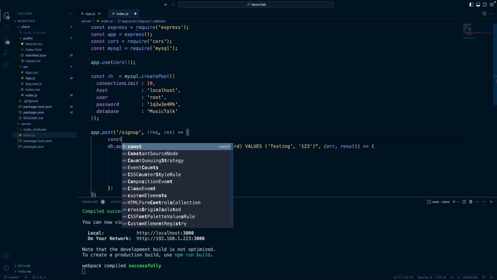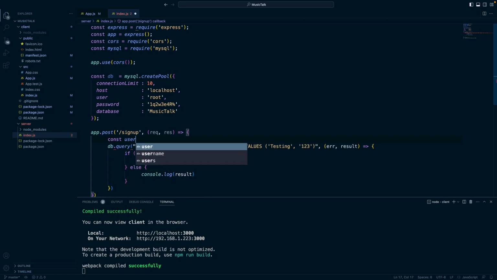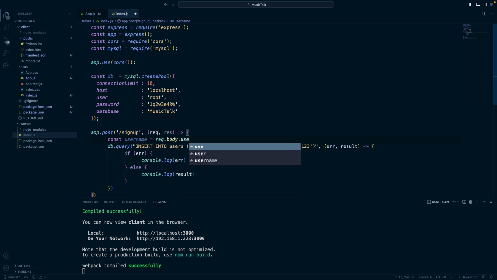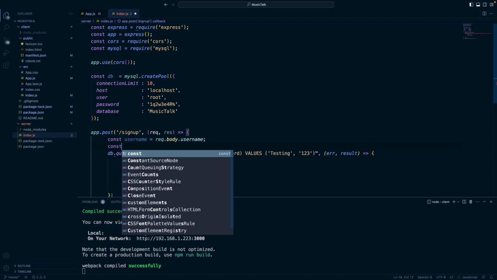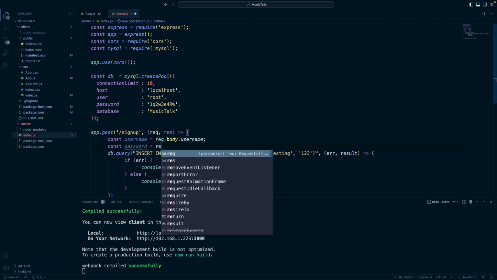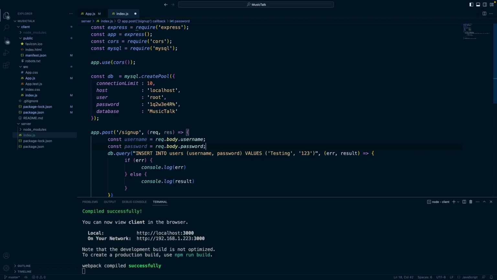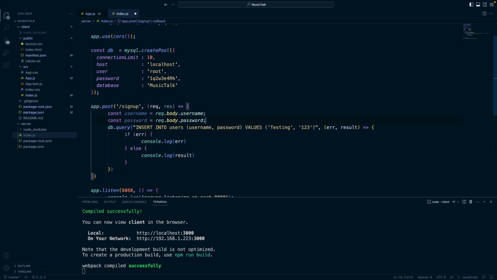And then from the form we'll get a username. So go ahead and already make that variable, which we'll access through request.body.username, const password, request.body.password, and now we'll do insert into users, username, password, but now the values